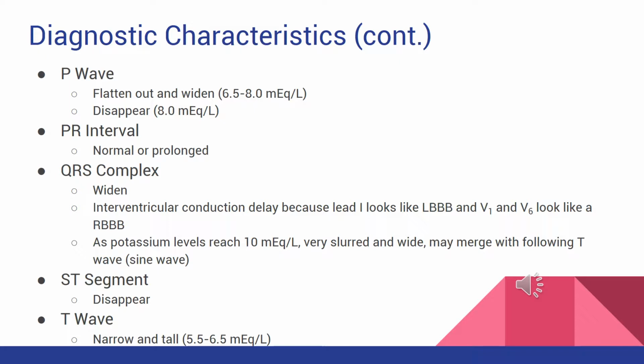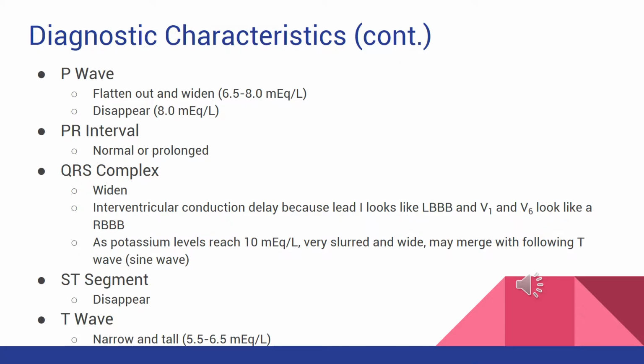The QRS complex will widen, and there is an interventricular conduction delay, as lead 1 looks like a left bundle branch block, and in V1 and V6 it looks like a right bundle branch block. And as potassium levels reach 10 milliequivalents per liter, it becomes very slurred and wide, and it may merge with the T wave that follows, resulting in a sine wave sort of look. The ST segment will disappear, and the T wave becomes very narrow and tall at about 5.5 to 6.5 milliequivalents